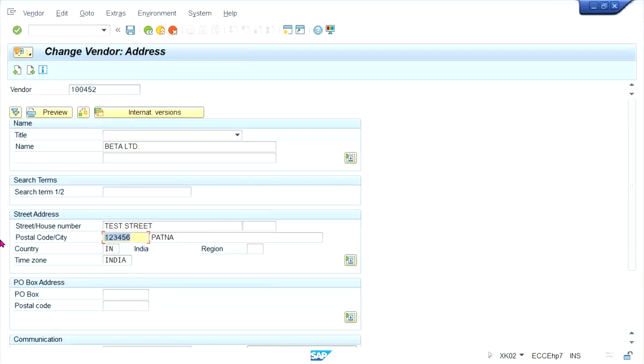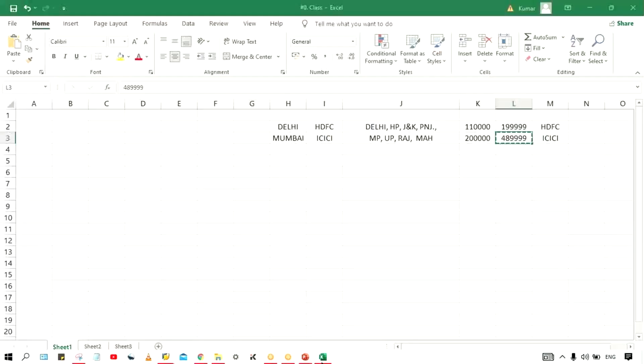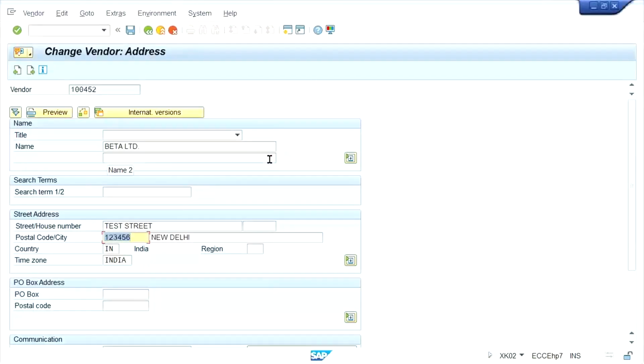And here, this is for New Delhi. Beta Limited, right? Beta Limited is for New Delhi, or it is for, okay, well, I'll check it, guys. ICICI means here, ICICI belongs to Mumbai, right? So here make it like